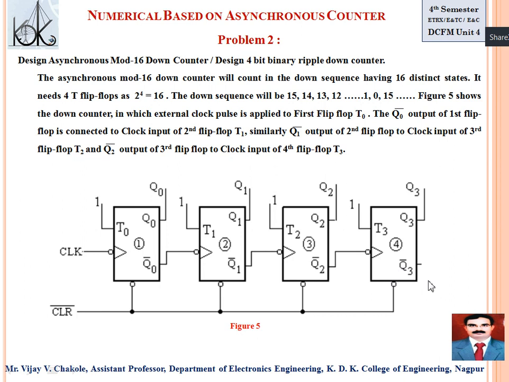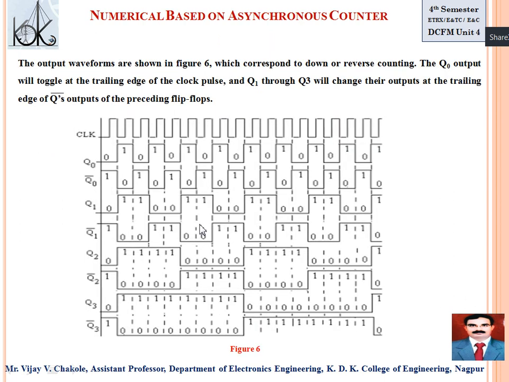But this flip-flop is not connected to another flip-flop, that's why this process gets stopped. So the next output becomes 1, 1, 1, 1, right? Here 1, 1, 1, 1, here 0, 0, 0, 0. See here, whenever the next negative edge comes, 0 to 1, at that time this is 1 to 0, 0 to 1, 1 to 0. We are taking output from Q, so my next output is 1, 1, 1, 1. And this 1, 1, 1, 1 is 15.